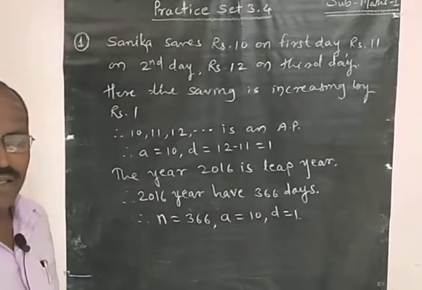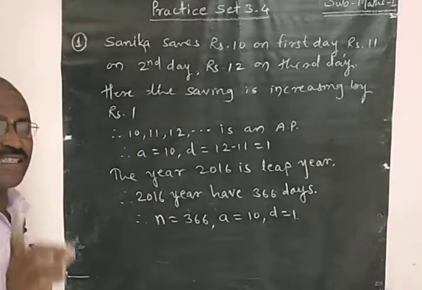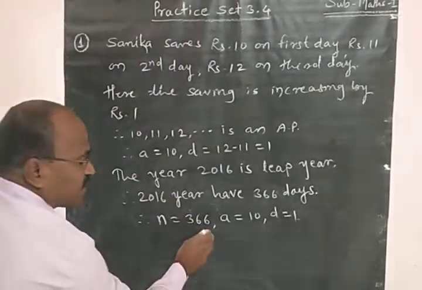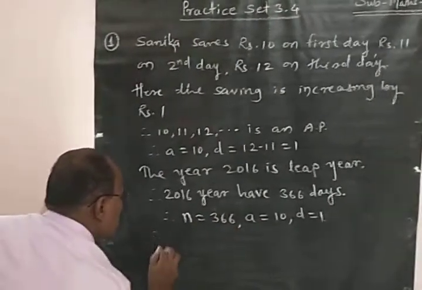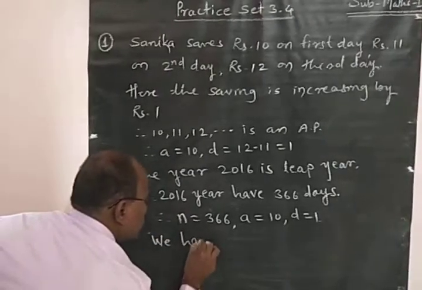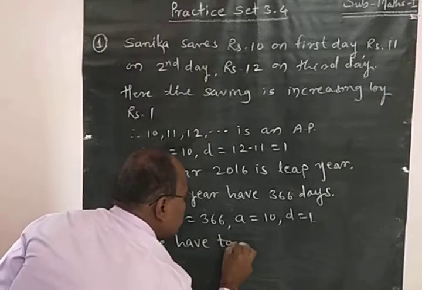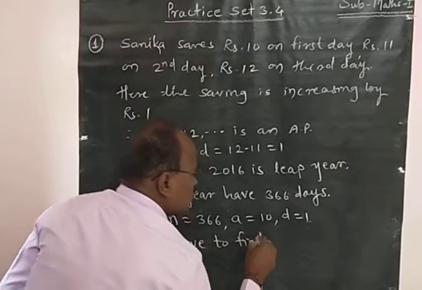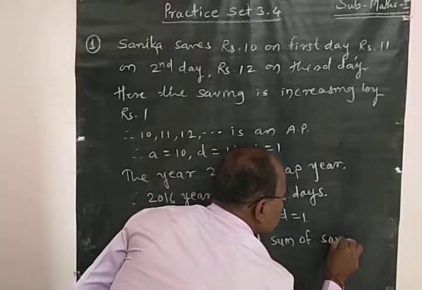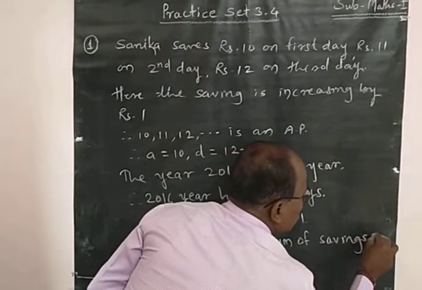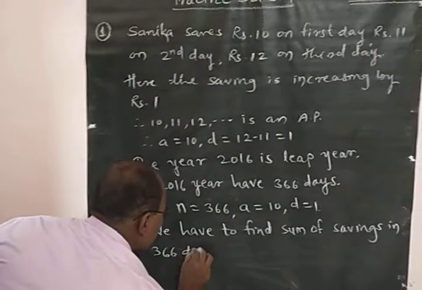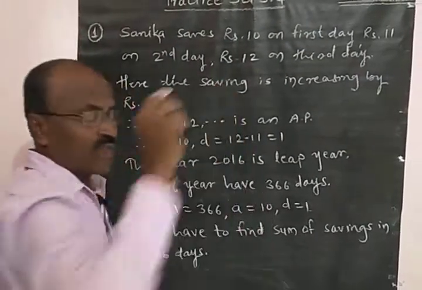Here we have to find the sum of the savings in 366 days. Okay,